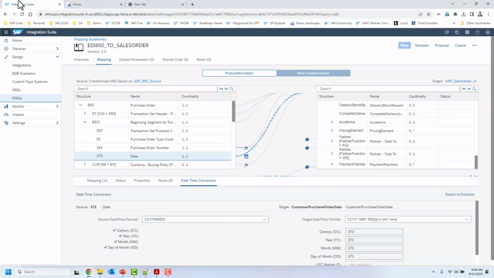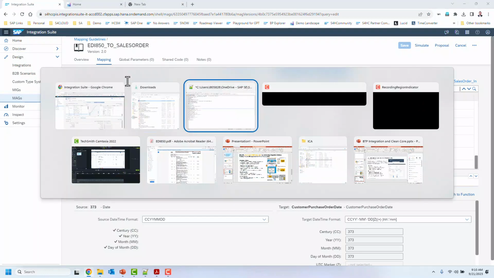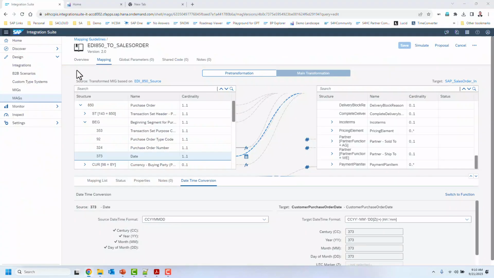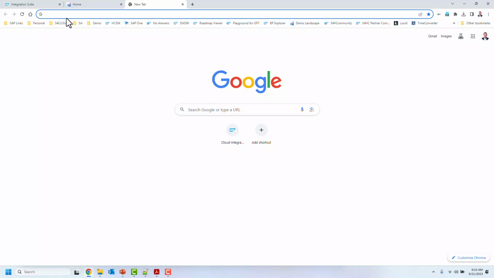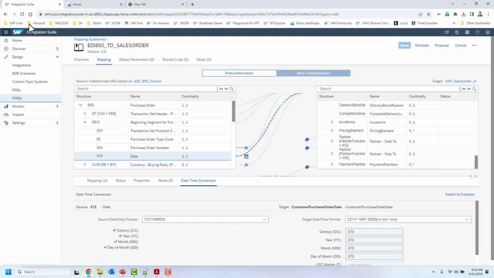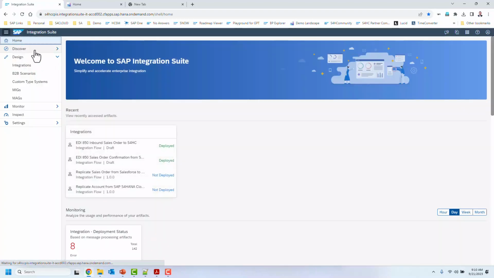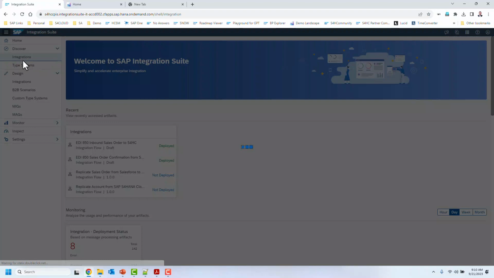So now we've created our MIGs, we've done the mapping. We've taken hopefully what is the inbound 850 and moved the data into sales order. So now let's look at how we would use that in the iFlow. Coming back to the integration suite, before we look at the actual iFlow, what I would point out is